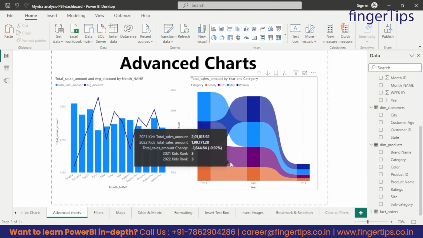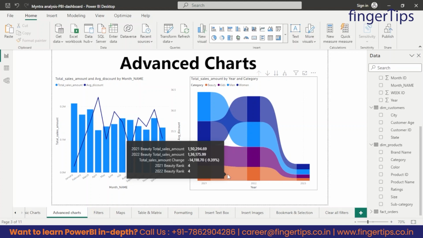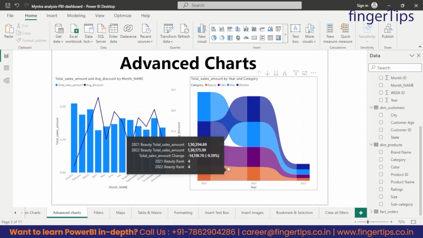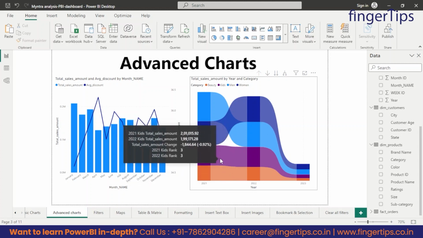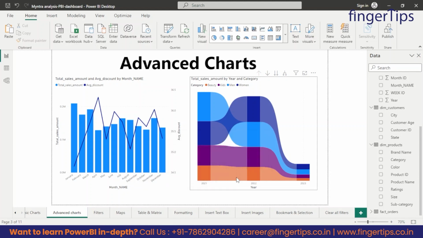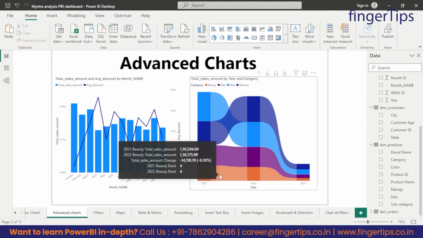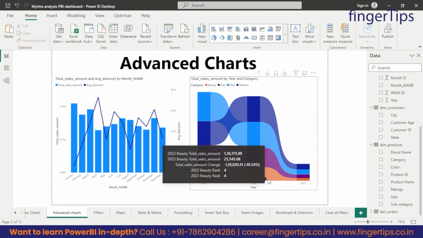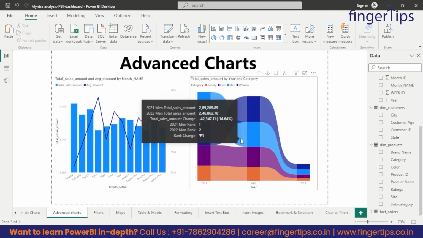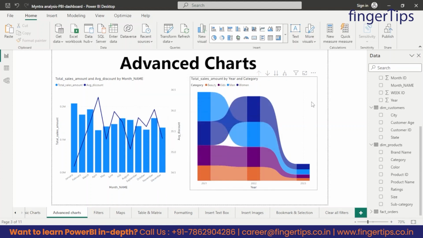And for the kids category and the beauty category we can see the rank is as it is, on rank 3 and rank 4 for both 2021 and 2022, right? So guys, this is how we can check the fall or rise in ranks for category,